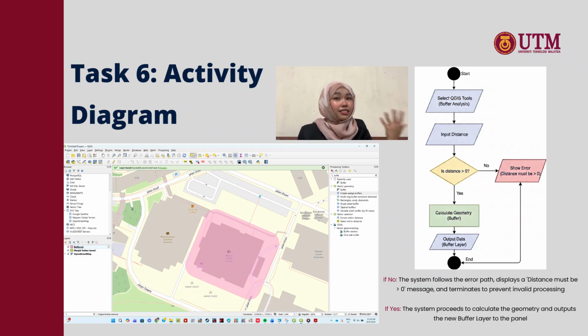If yes, the system proceed the calculation, the geometry and output the new buffer layer to the kernel. And then the logic flow ensure that system stability and match my actual flow in QGIS as shown in the screenshot